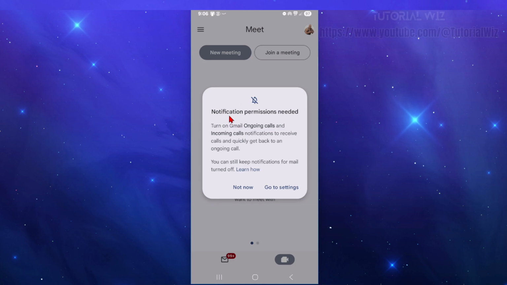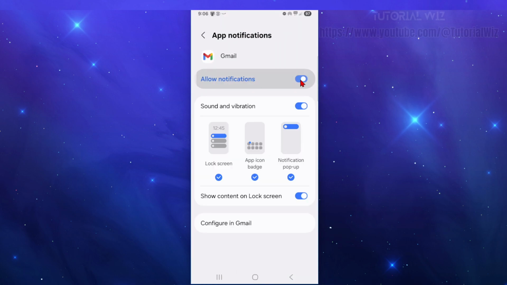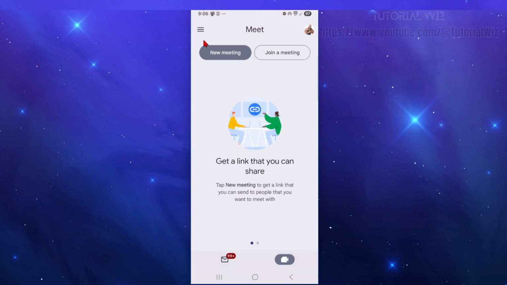Now before we start, we need to turn on notifications. So turn on Gmail ongoing calls and incoming call notifications to receive call and quickly get back to an outgoing call. So go ahead and go to settings, go ahead and allow that, and then go back to there